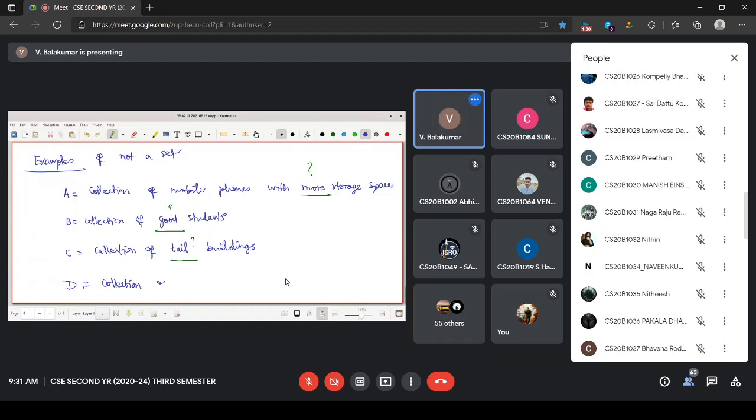Collection of beautiful birds. Then this beautiful also has a problem. How do you decide it? These things make our collection not well defined. So this is not a set.